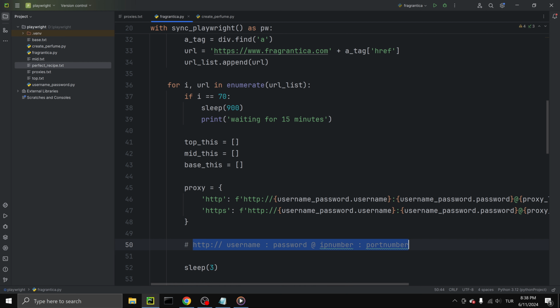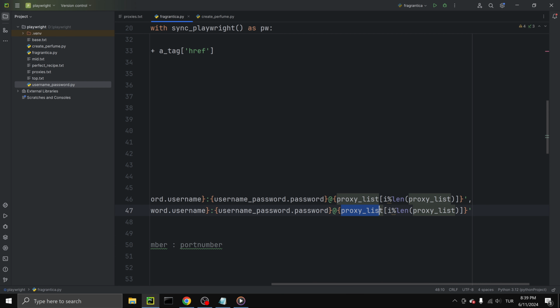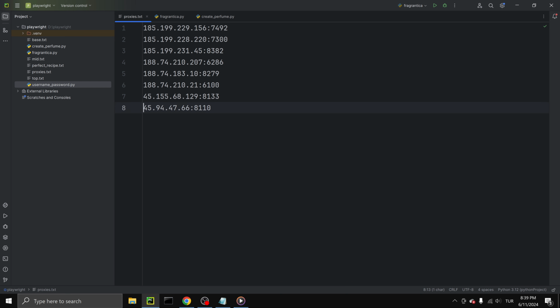Okay, this is the format, and I am taking the username and password from the import I made from this Python file. There are just username and password. I'm taking them by writing that username and that password, and this part is done in here. After that, we put the @ sign, and here we have a proxy list. We have created it at the beginning, and we have read those proxies from the proxy.txt file,